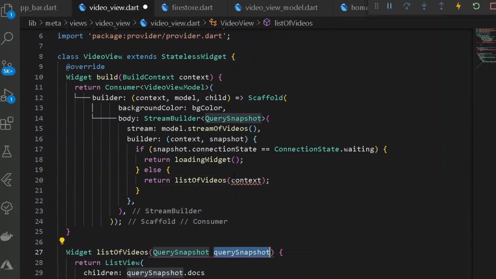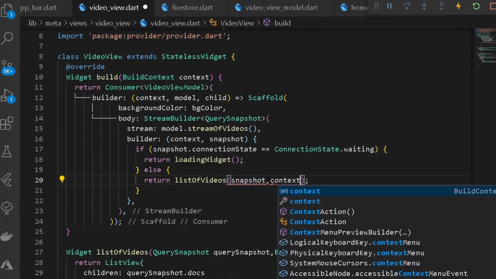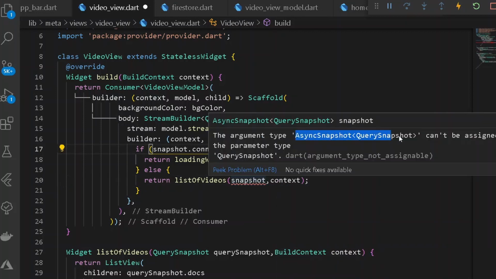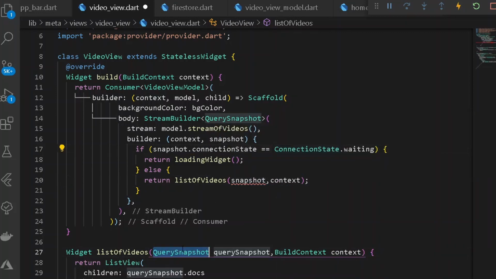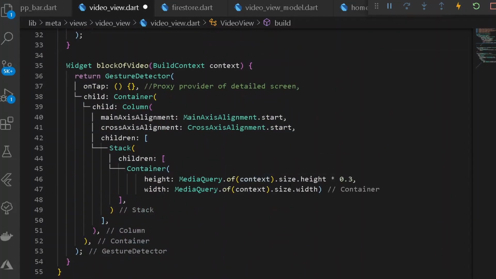But before that, let's pass on the query snapshot as well to be the following snapshot, and for this purpose, let's pass on a build context. For a build context, let's remove this and have the following context, and also we shall be requiring one more context here finally. So now we can copy the following thing and paste it here. But here let's have dynamic and format document once, and now we are good to go.